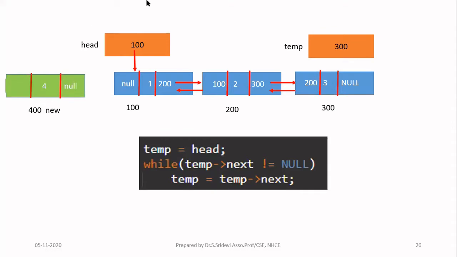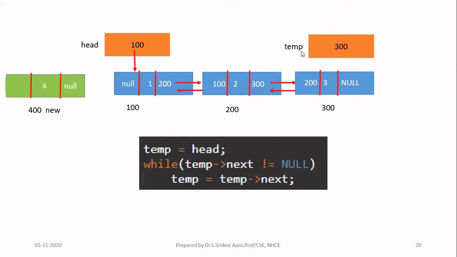To do the traversal, the steps are clear. This one we are following from the beginning. Whenever you want to do traversal, store the address of the head in a temporary pointer, temp. After that, while next of temp is not equal to null, you have to make next of temp as temp. This we have seen from the beginning, the same steps only. When this loop is finished, when you come outside the loop, the meaning is the next of temp is equal to null.